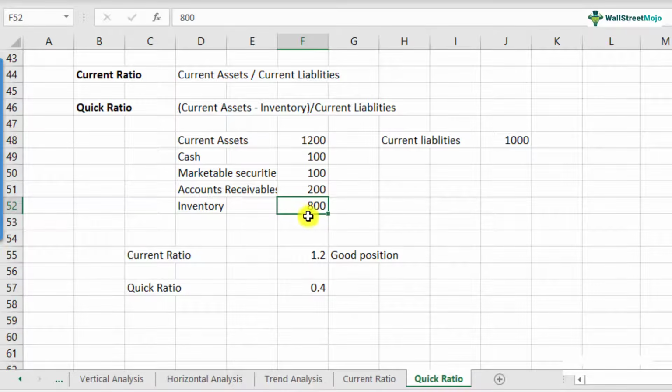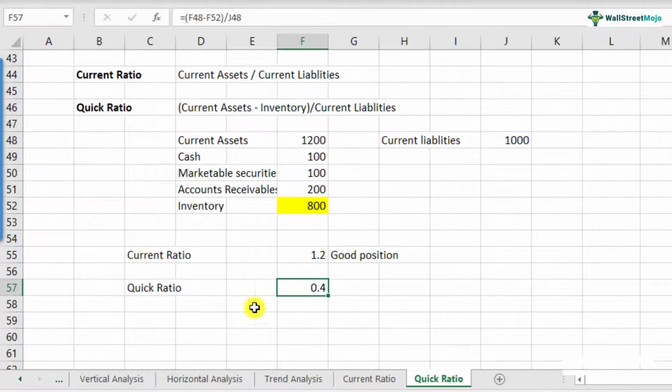Now imagine a scenario where you are running a company and, in this case, the majority of your current assets is actually stuck in the form of inventory, and you're unable to sell the inventory. So what's happening? Quick ratio will immediately detect that situation, that your company is not having the right kind of liquidity position because most of your current asset is stuck in the form of inventory. However, when you look at current ratio, it will not be able to detect that, right? That's the limitation of current ratio. It doesn't account for the quality of current assets, how soon they can be converted into cash. But quick ratio addresses that limitation by removing the inventory from the formula itself. An excellent one to actually look at.